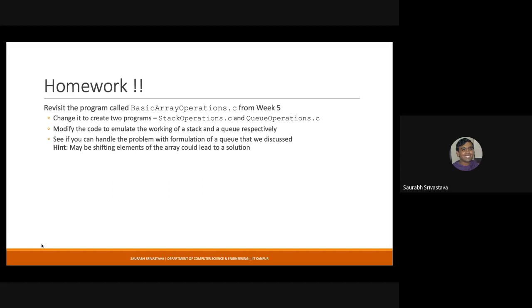So even though the input was made in the order 1, 2, and 3, the output will be in the order 3, 2, and 1. But when you are using a queue, because the insertion and deletion happen at different ends, if you input 1, 2, and 3, at the time of output, the output will also be 1, 2, and 3.